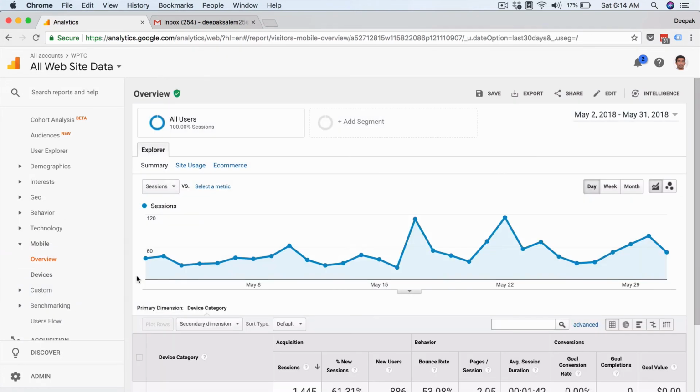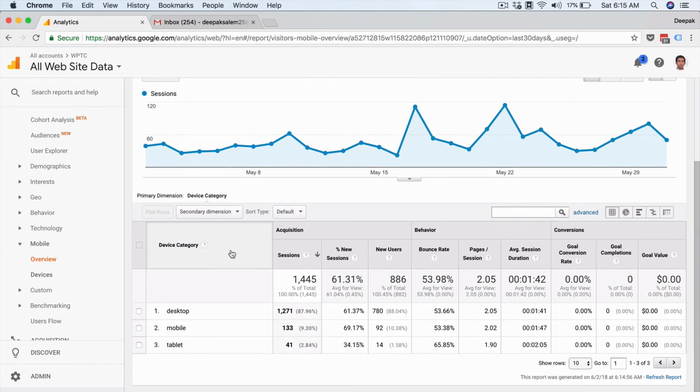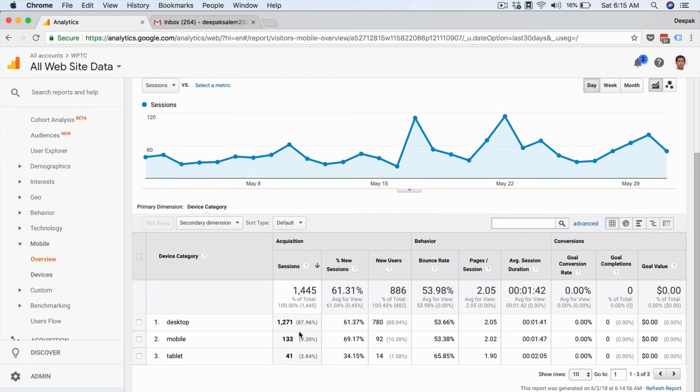video. You can open the mobile report, and here you will be able to see the percentage of people coming from desktop, mobile and tablet, and this also helps you understand how the users are going to interact with your site on different devices. If you are not noticing any big anomaly or difference in the data, then there are probably no insights. There is no use for the different classification, because if both the classifications have similar kind of data, then you are probably not looking at any possible useful insights.